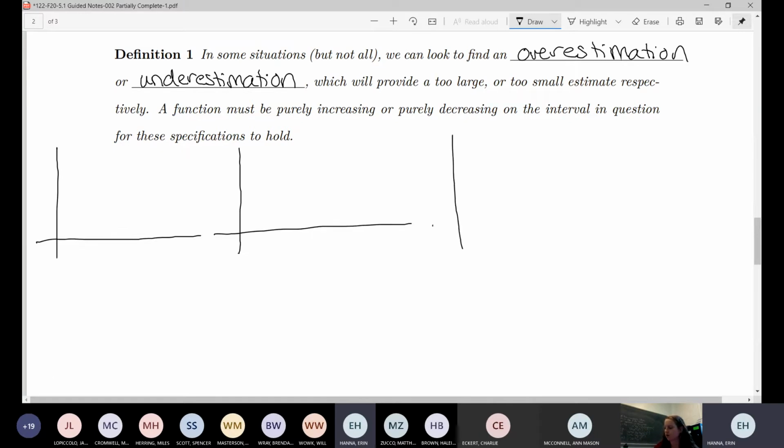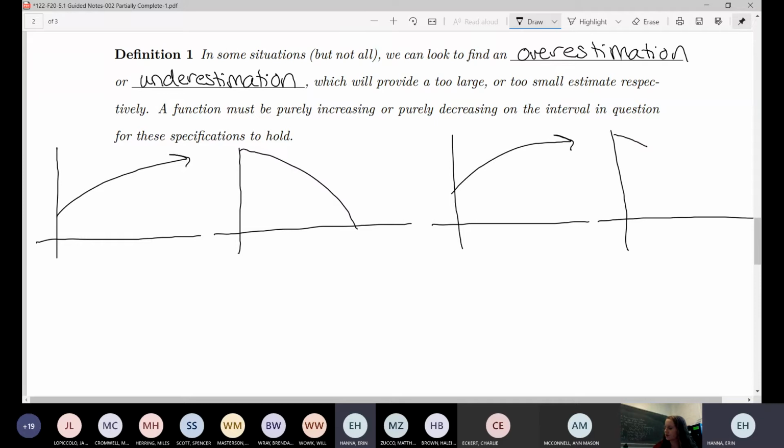So four options here. And I'm going to make two of these increasing and two of these decreasing. They don't have to look exactly like this, but just something that's increasing and then something that's decreasing. So, hold on a couple seconds in case people are catching up. So let me look at a right-hand side sum for those first two and then a left-hand sum for those